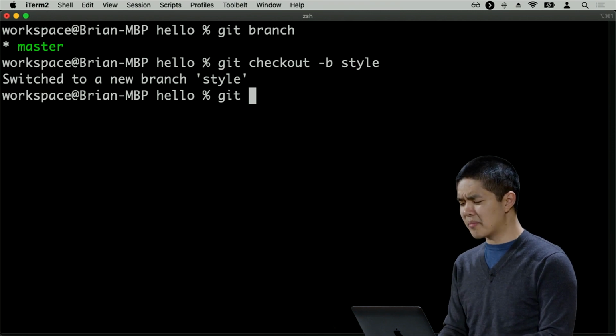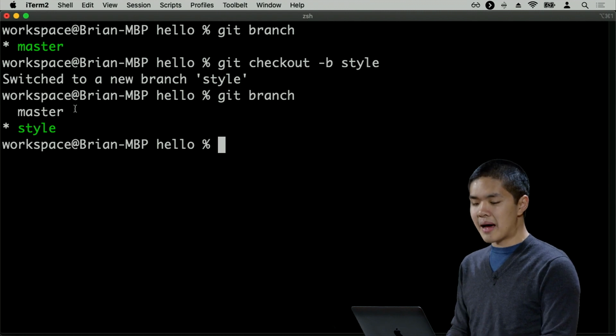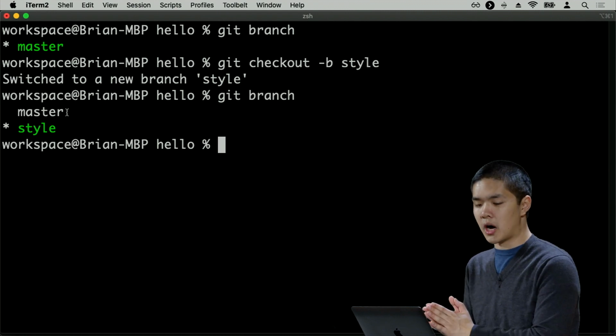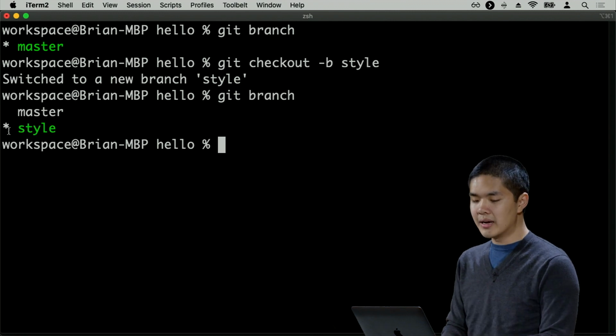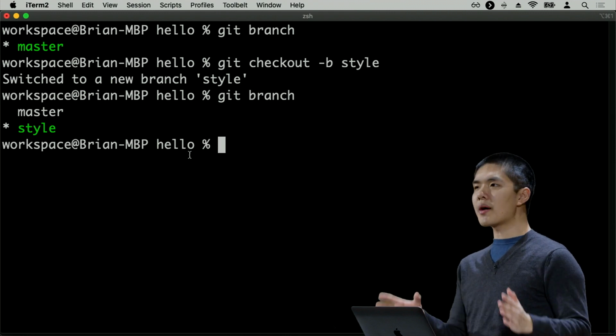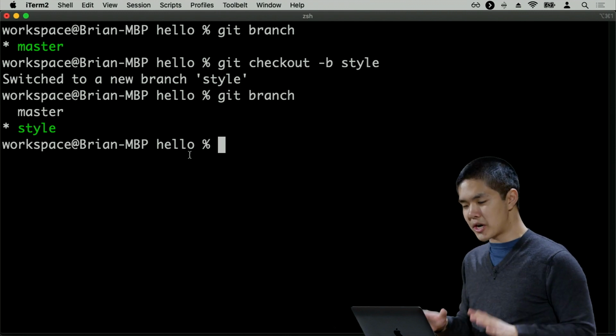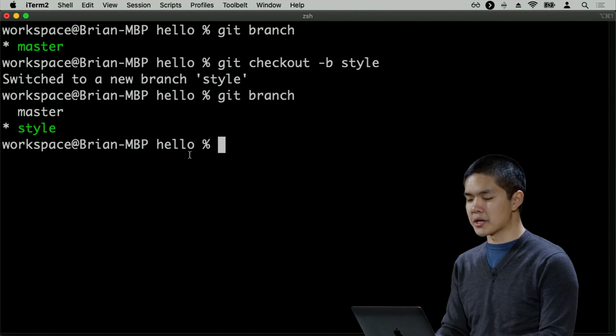And now if I type git branch again, you'll see that now I have two branches. I have the master branch, which is the branch I was originally on, and now I have the style branch, which is this new branch, which I am on now, as indicated by the star on the left-hand side. So now that I'm on this new branch, I can feel free to make any changes that I want, and nothing I do is going to mess up what is on the master branch, so long as I stay on